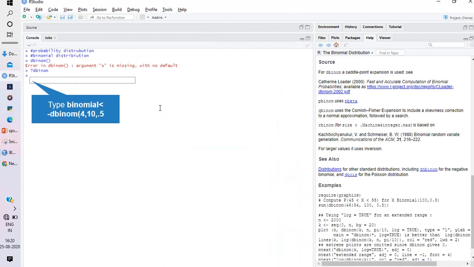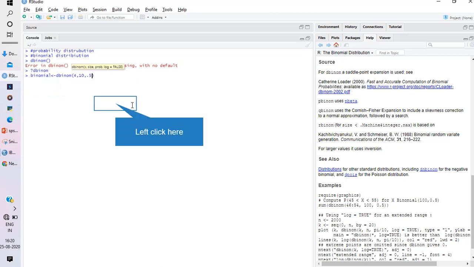For example, I need dbinom. I need the density value of dbinom for the variable 4 with size 10 and probability of success 0.5.